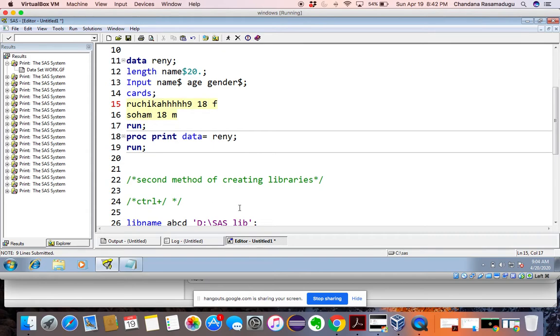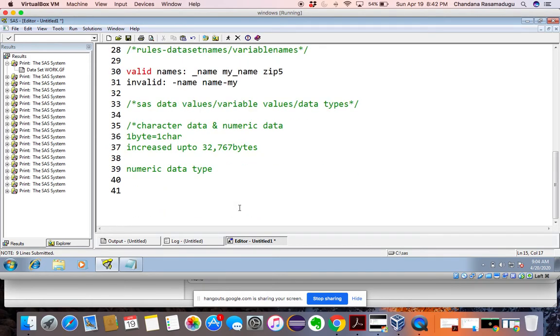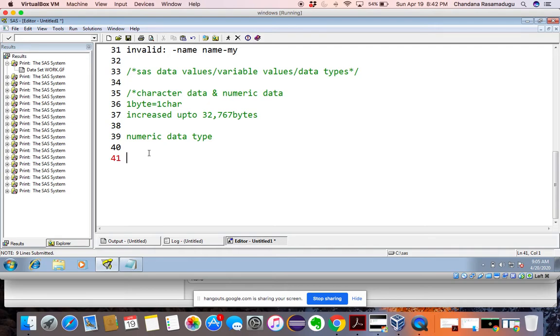So we have two types of numeric values. One is standard numeric values and the other is non-standard numeric values. What are standard numeric values? For example, 23, 45, 78, or 23.908.